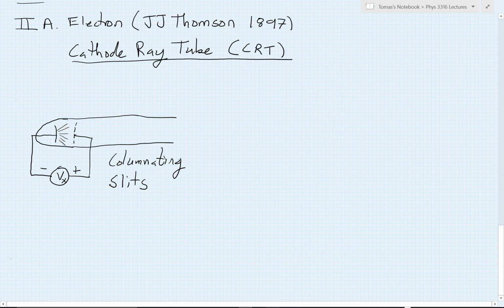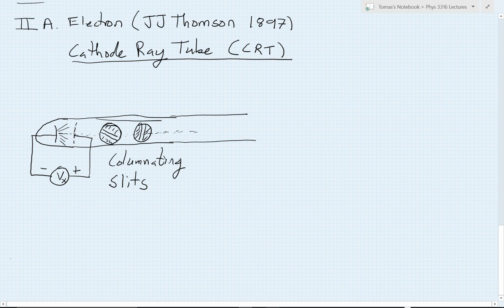So the collimating slits usually would consist of a disc here with a horizontal slit, that only allows particles in along that one narrow line, and then you would have a follow-up disc with a vertical slit. So by the time the cathode rays have managed to pass through both of those, you have a nicely well-collimated beam. The particles are coming out in a very nice straight line. Now, after they go through that straight line,